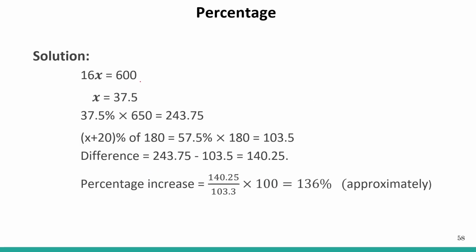So 16x will be 600, which implies that x will be equal to 37.5. So 37.5% of 650 will be 243.75. Then adding 20% to x of 180 will be equal to 103.5. So the difference will be 243.75 minus 103.5, which is equal to 140.25. The percentage increase will be 140.25 by 103.5 into 100, which is equal to